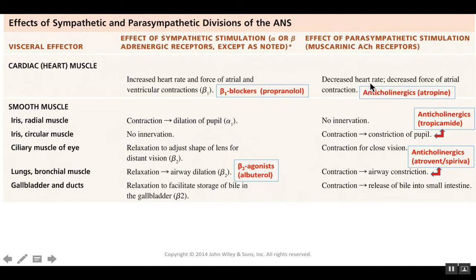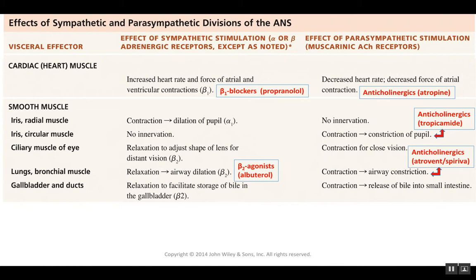Parasympathetic decreases heart rate. That's done by the vagus nerve. There are also drugs called anticholinergics that can block this. One example is atropine. Atropine, if you inject it at the heart, will get the heart beating. It's often used to try to get the heart beating that might have stopped beating. But atropine blocks the cholinergic receptors, and if you block a neurotransmitter that reduces the heart rate, you might get that heart beating